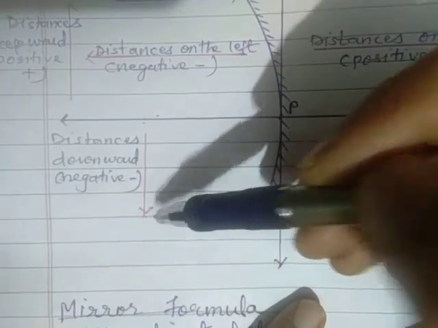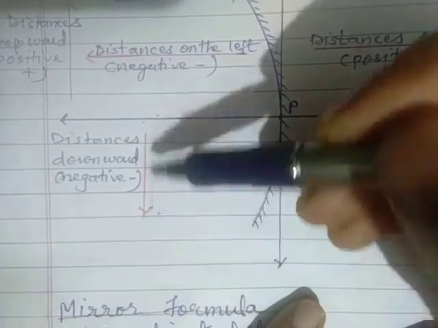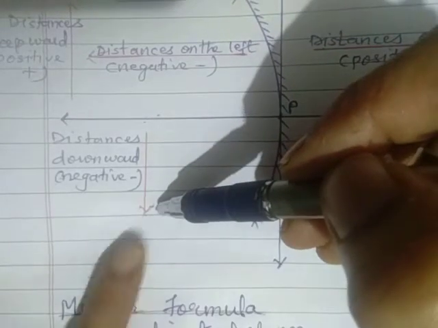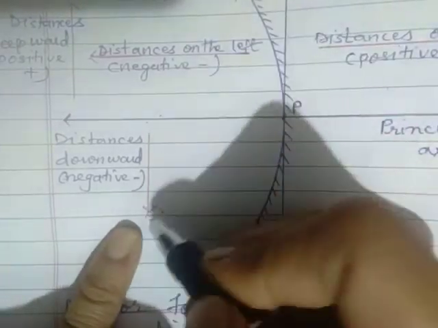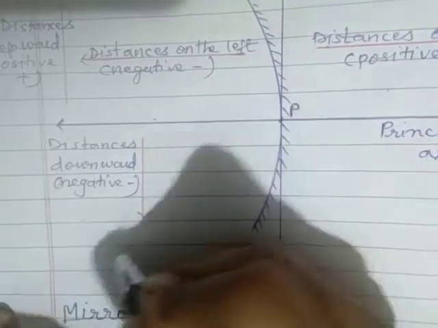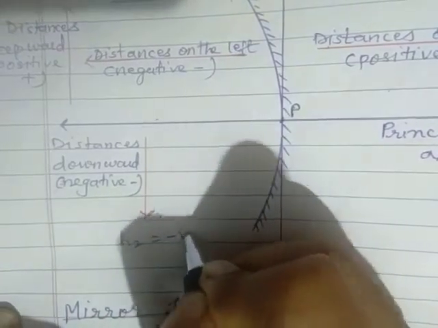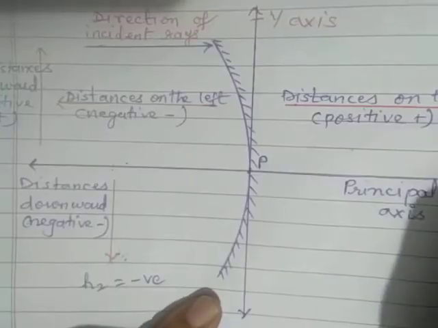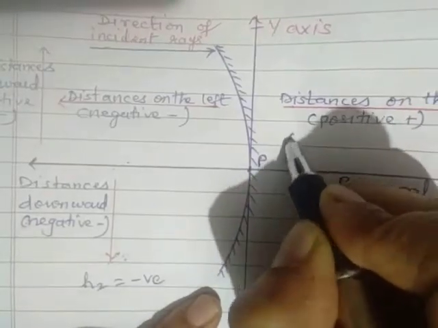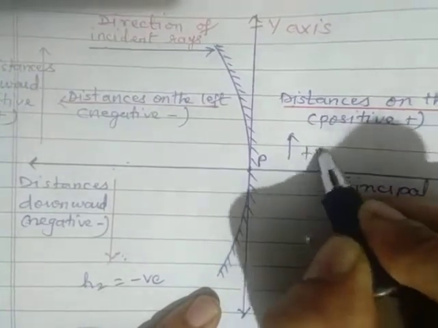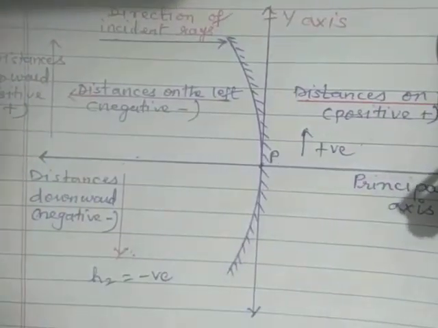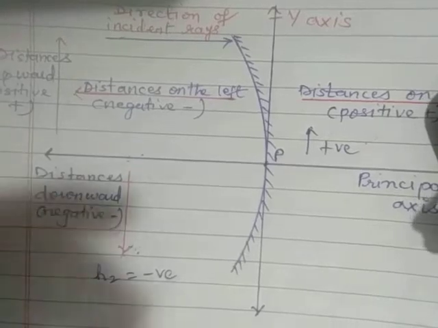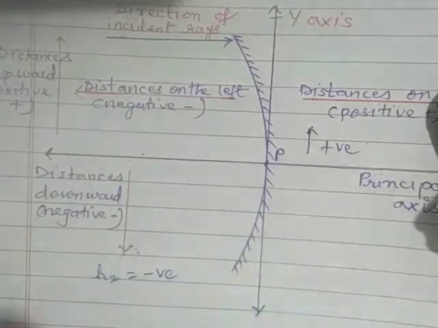Suppose such type of image is there, that is a real image, it will always be inverted. Therefore, in this case, the image height H2 will be negative. Whereas, if the image is formed behind a mirror, which is virtual like this, then it will be positive. So the image sign will depend upon what type of